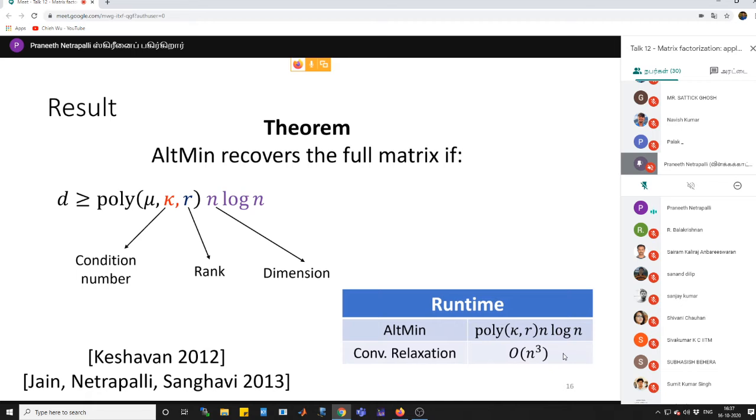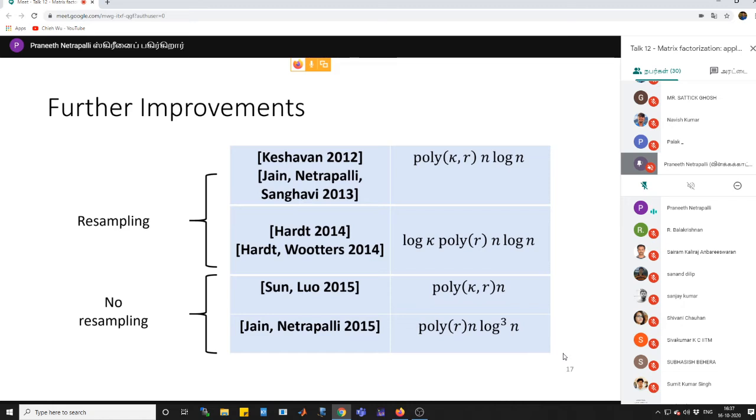Right. So these were the initial results obtained in about 2012, 2013, and then there have been several improvements on these initial results. So the first one was by Moritz Hardt and Wootters in 2014, where